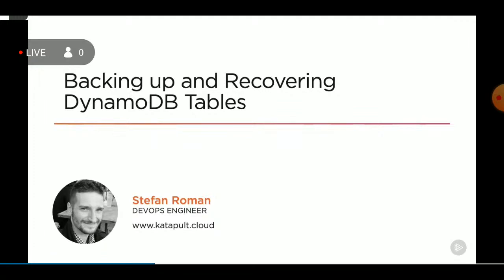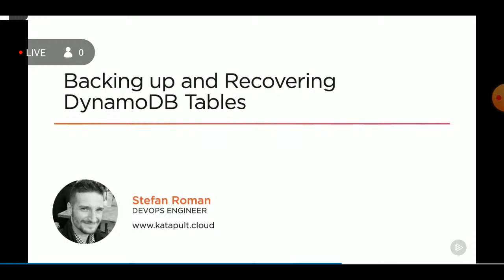We'll learn what happens when on-demand recovery is initiated, as well as how point-in-time recovery works. We'll also learn about what on-demand backs up and what it does not, as well as what both of the solutions recover. We'll log into the Amazon console and create a simple table, store a few items within it,